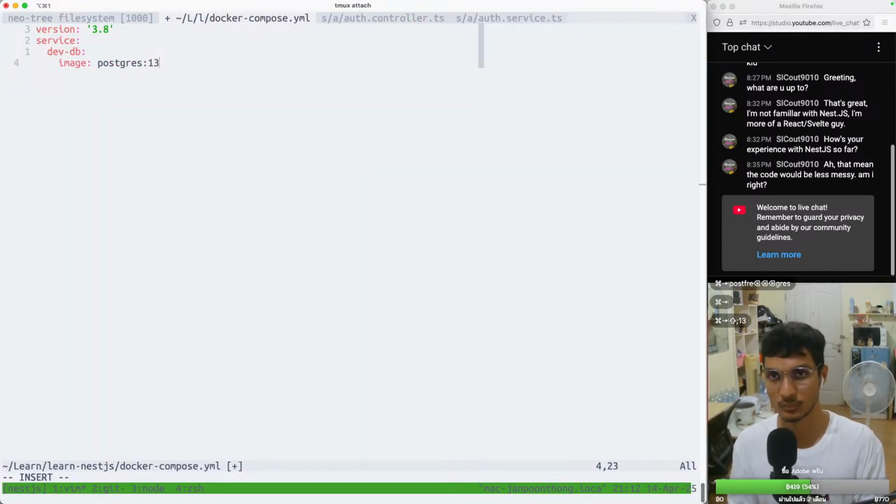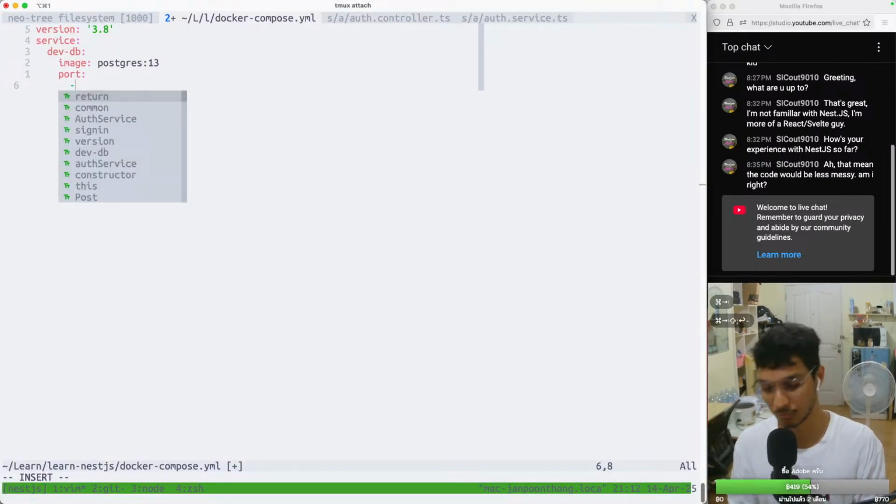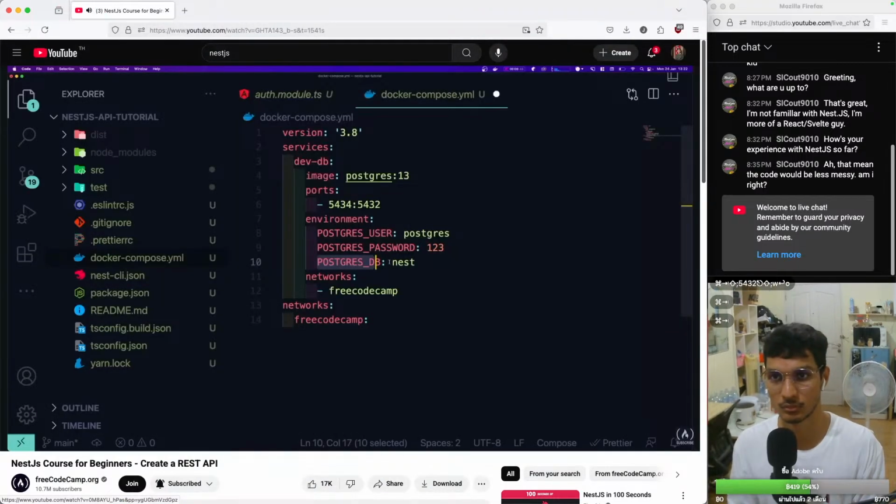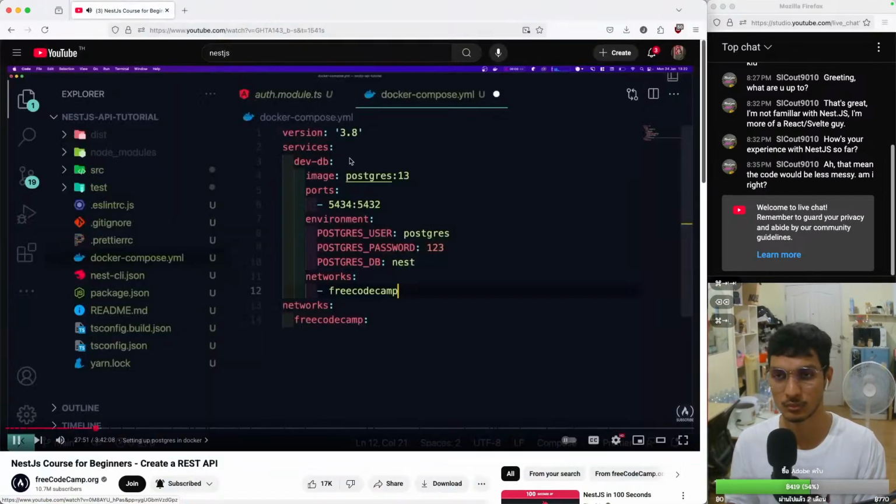And the environment variables I'm going to use is the user role is going to be Postgres, the password 123, as you have seen, very secure, and the database name will be nest. And it's going to be